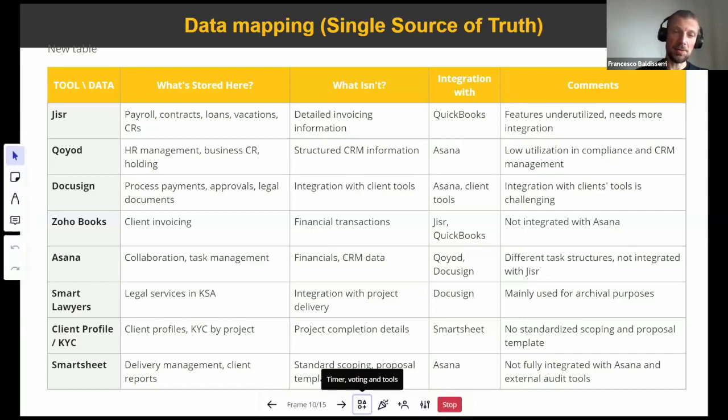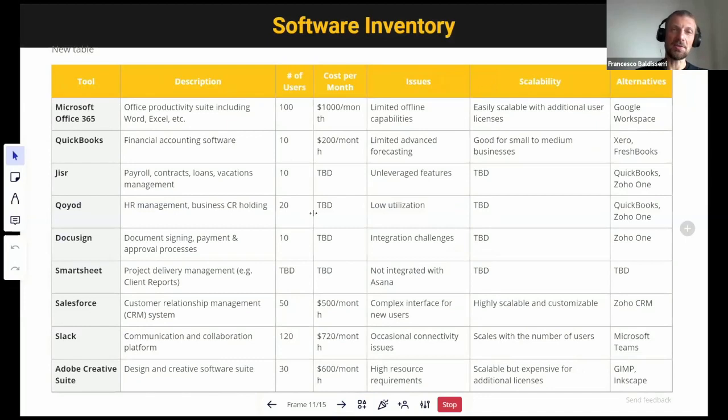Then sometimes we also evaluate whether it makes sense to keep using some tools or not. So we do an inventory for the different tools used in the company, and also potentially that the company could adopt. Here we can see several examples of tools. What do they do?